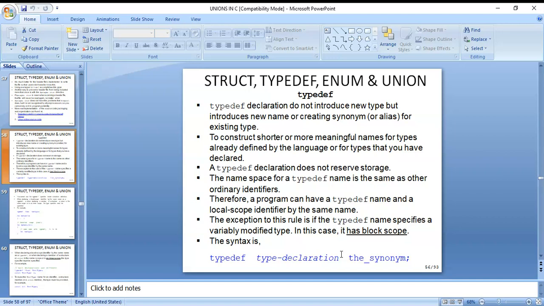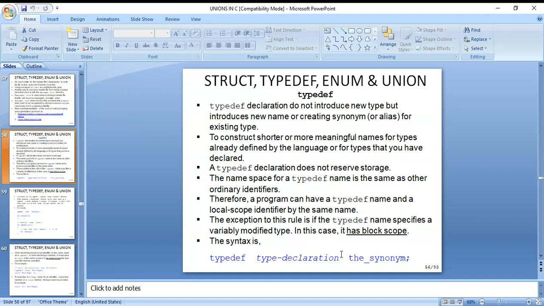A typedef declaration does not introduce a new type, but introduces a new name, creating synonyms for existing types.